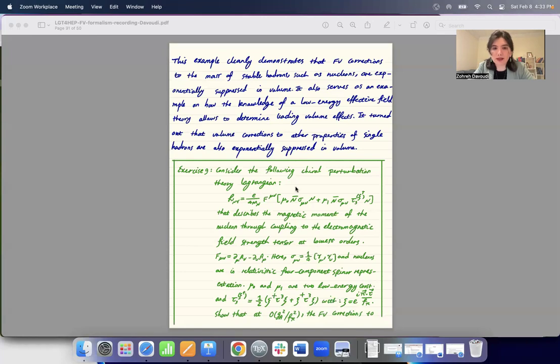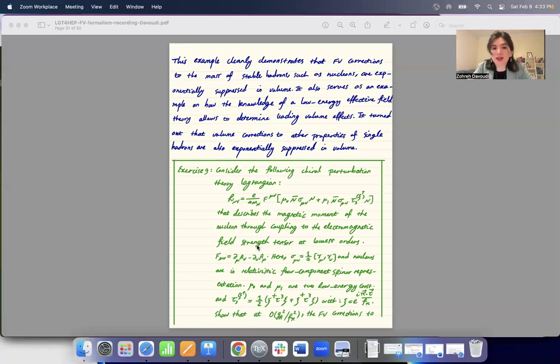This example is considering the nucleon magnetic moment. In this case, it means that you have to consider the interactions between nucleons and photons. So don't confuse this case with the case of QED in a finite volume. I'm not going to consider photons as degrees of freedom here. In order to characterize magnetic moments of the nucleon, I'm just assuming that there is an external classical background field that is coupling to our nucleons. So we're not simulating these dynamical photons, so we don't have to worry about their finite volume corrections and how to regulate that kind of theory. Not at all. We're just interested in the corrections to the magnetic moment